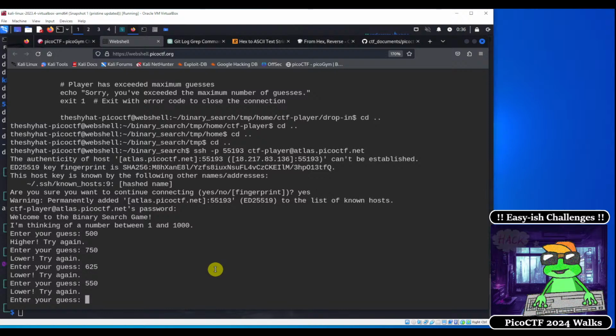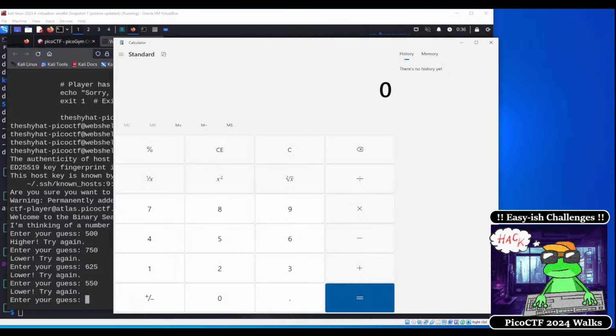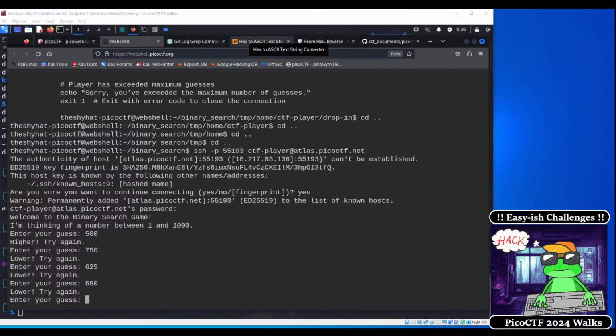So it's 575. I'm going to bust out the calculator for this. Hold on. I'm sorry for anybody who thought I was good at math. I'm not. Okay, so it's 625 minus 550, 75, divided by 2, and it's 37. So it's 550 minus 37, so it's 513. So I'm going to guess 513,